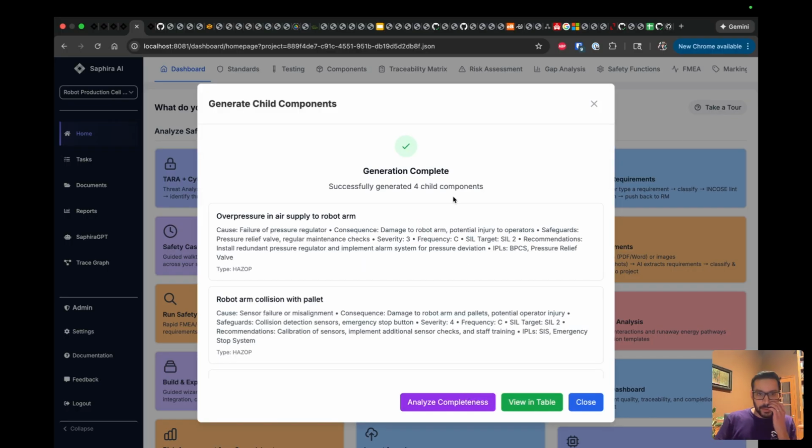And there we have it. So we have a couple of hazards that were suggested by this particular technique, and then the layers of protection that are recommended for those. So you have some cause for the overpressure in air supply to robot arm from the failure of pressure regulator, and the consequence is damage to robot arm, potential injury to operators, some safeguards, maybe a pressure relief valve and regular maintenance checks. Severity is rated in this way, frequency on that level, and the SIL target, as well as some recommendations: